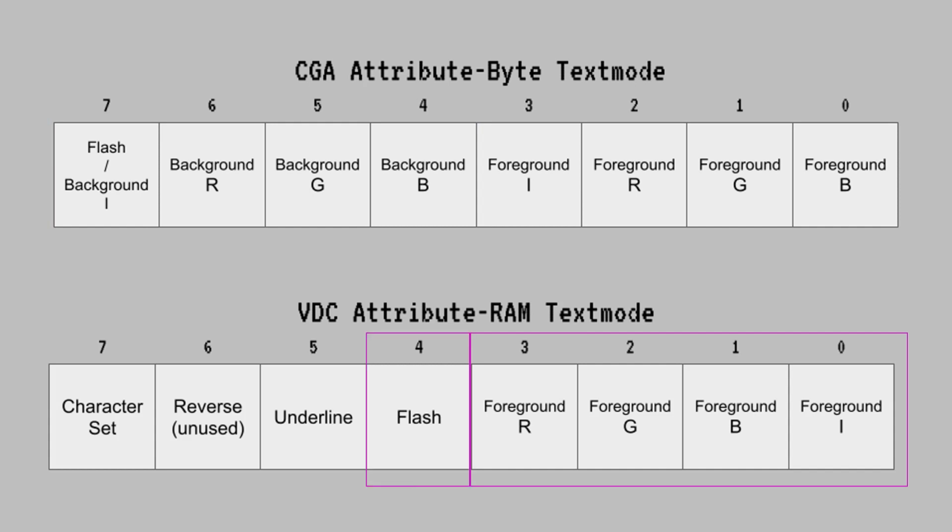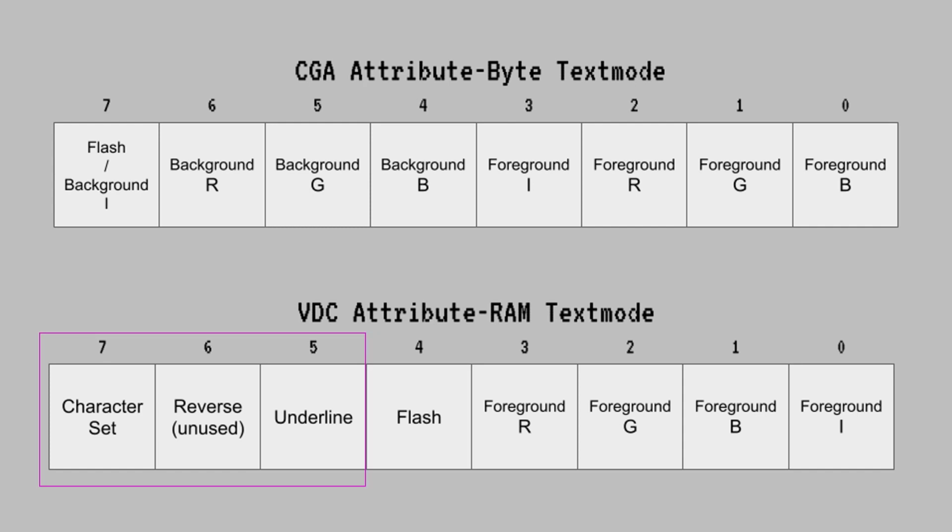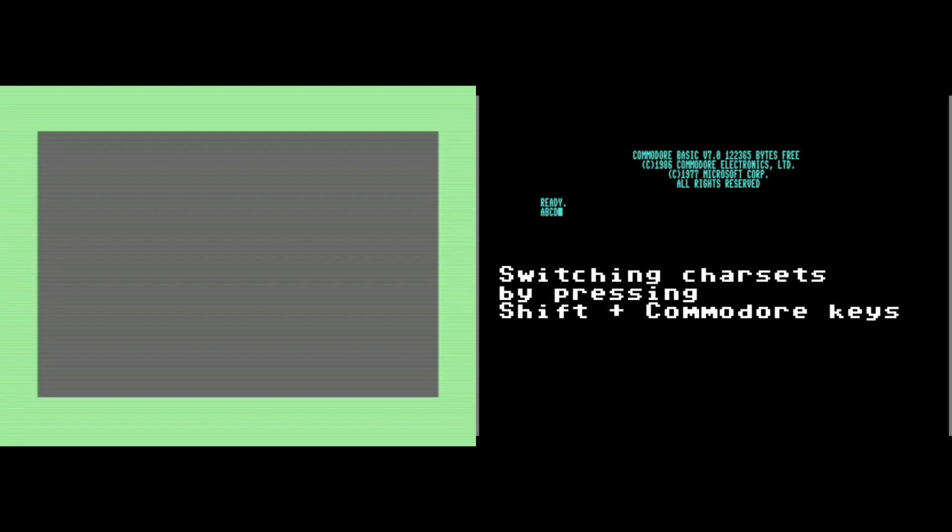There's also 1 bit for flashing the character, but the remaining 3 bits are used differently. 1 bit defines from which character set the character is to be taken, so the VDC chip can display 512 different characters on a single screen, not just 256. On the VIC-2 chip, switching the character set switches it for the full screen. On the VDC, you can switch the character set on the fly and have both character sets displayed on screen